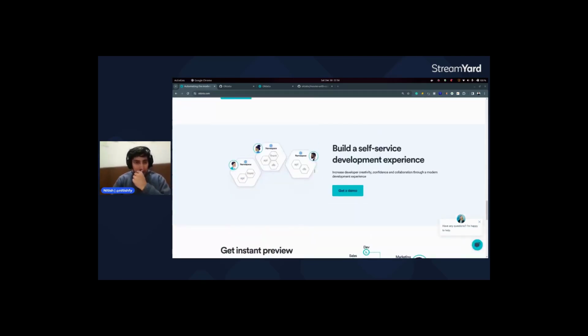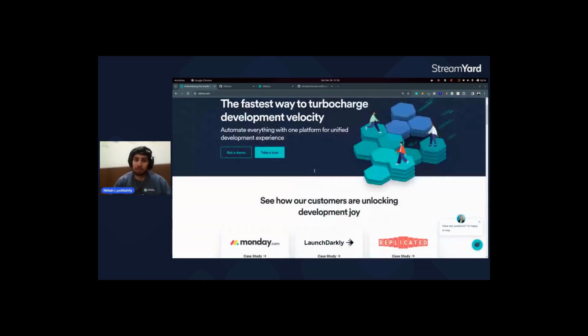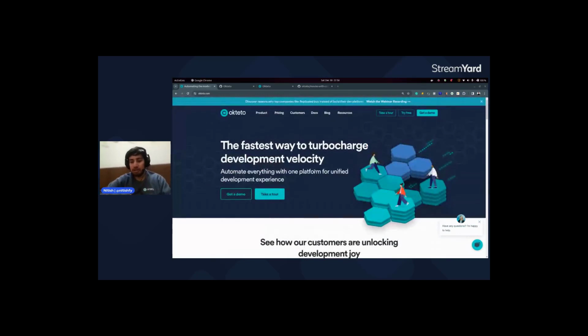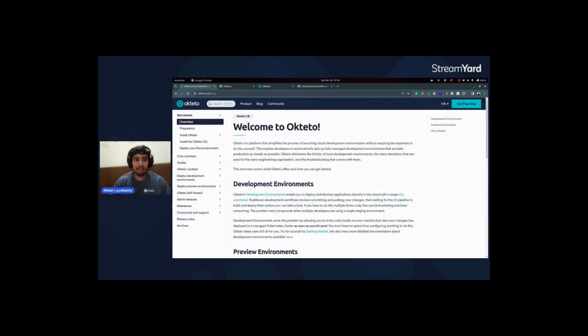All right. So your application has been deployed on the Kubernetes cluster, and now you want to see some changes. You want to see how your application deployed on the Kubernetes cluster will look in production, right? So if you go through Okteto.com, you go to the docs, and it has a very good starting guide. Okteto comes in two forms. You can use the Okteto CLI from your local machine, and Okteto also has its own cloud,